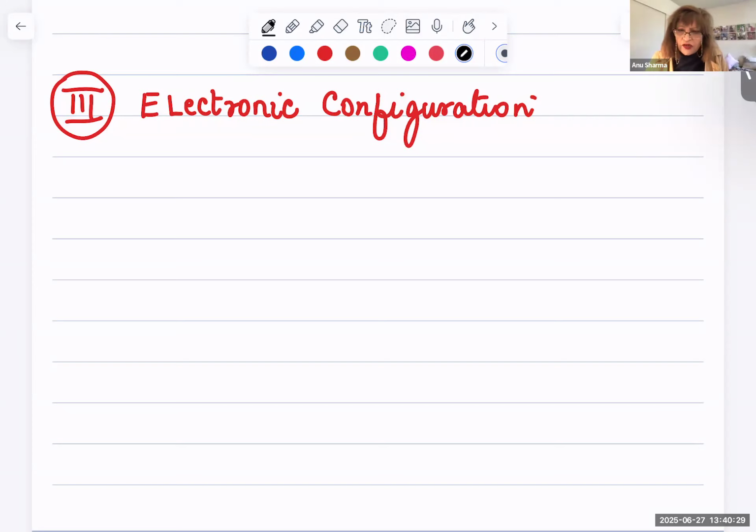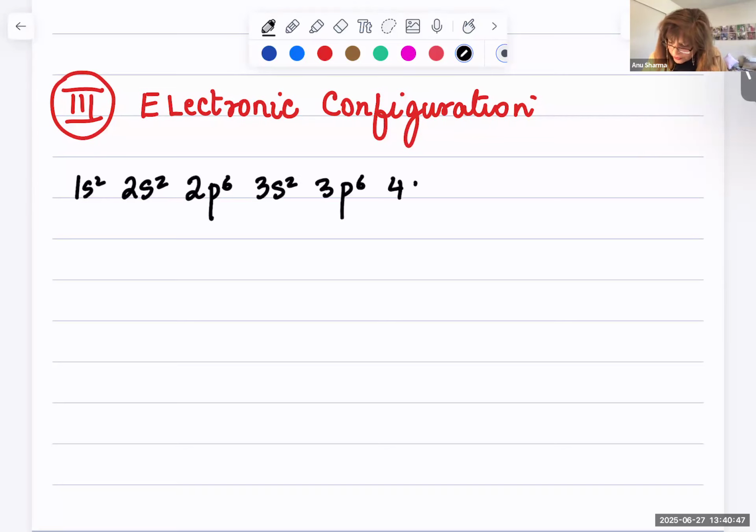So here is the filling order: 1s2, 2s2, 2p6, 3s2, 3p6, 4s2, 3d10,